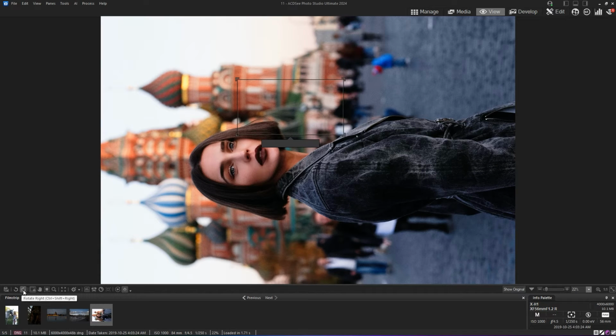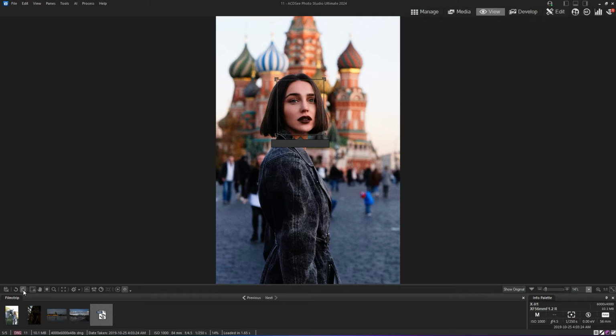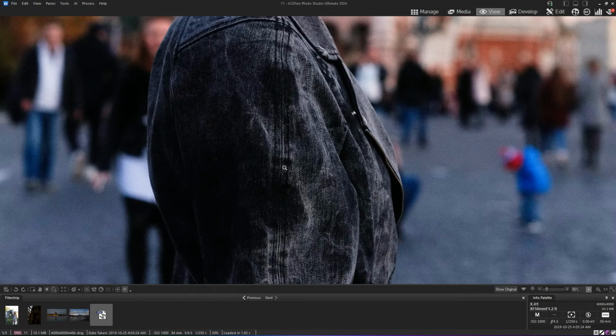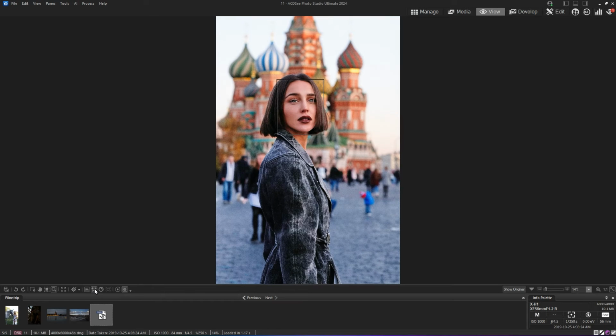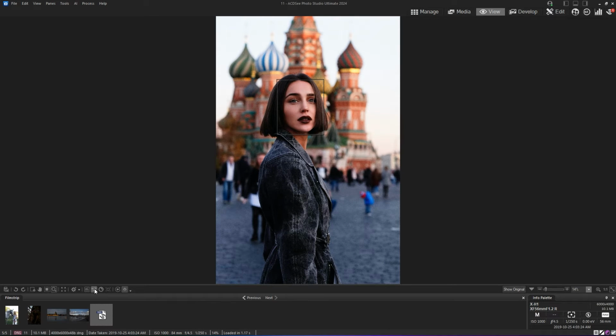So you can rotate your images left and right. You can use the zoom tool. And for example, you can do the auto light EQ, which will automatically apply some adjustments to your photos. But maybe what would be of most interest to us would be the ability to add face information to your